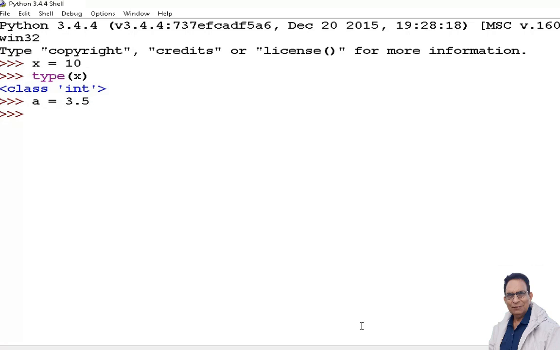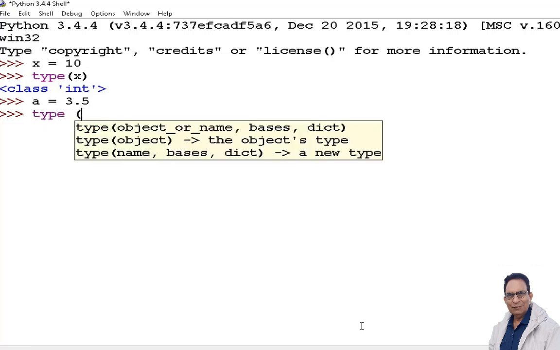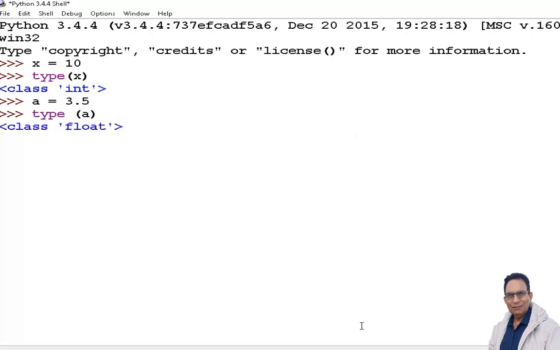And if I say type(a), it says float type. Float types are the fractional numbers, meaning they have a decimal as part of the number.